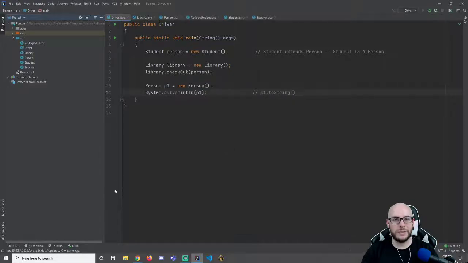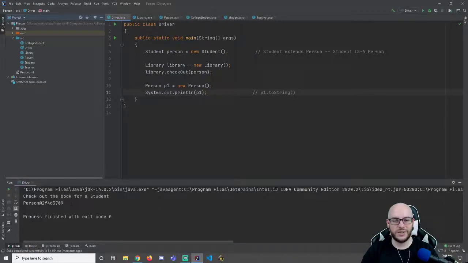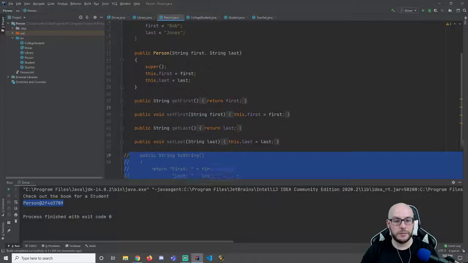What we're going to end up getting here is the hash code. This is the hexadecimal location in RAM, right? We see F and D. F will be the last letter that you'll ever see, but A, B, C, E, those are all possibilities, along with this D. Anyway, this is coming from Object's toString, because as it stands right now, my implementation, Person,